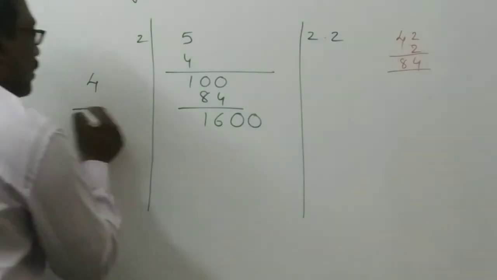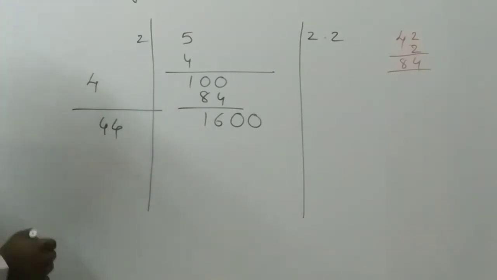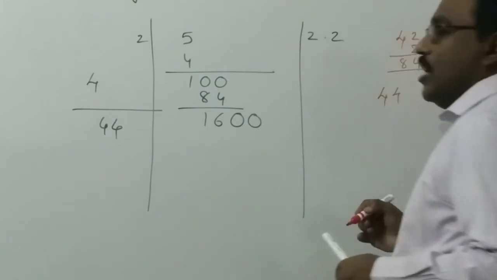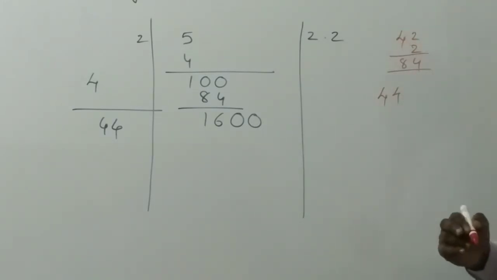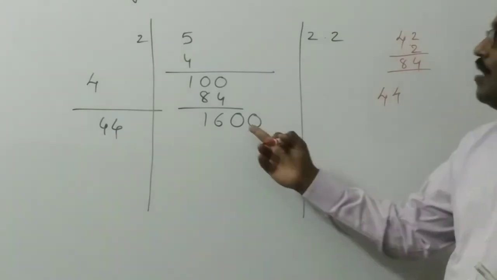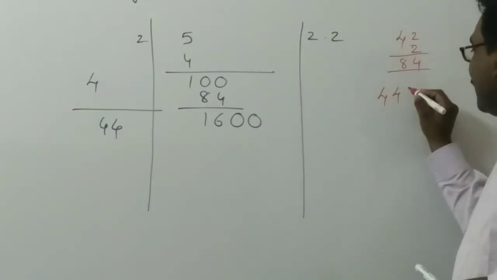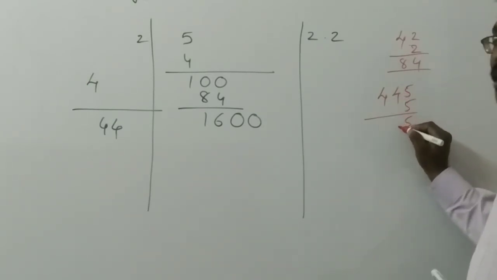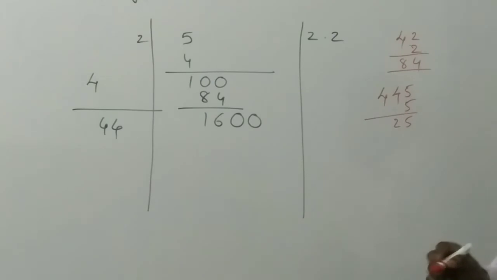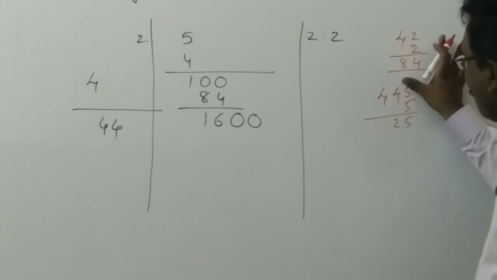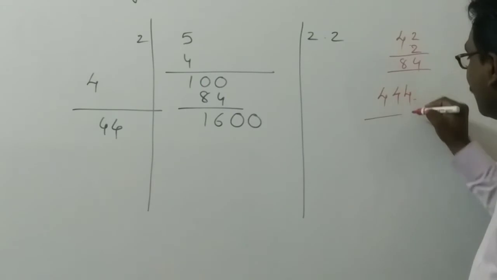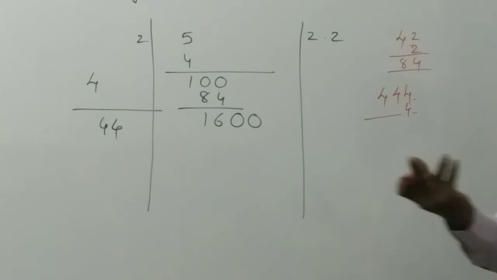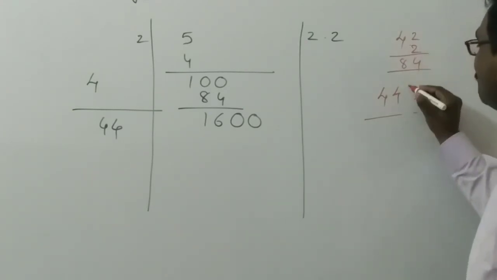2.2. Double it. Good. 4.4. Now 44 came. Now take it to the other hand side. 44. If I take 5, how much will come? Try. 5 5s are 25. 5 4s are 20 plus 2, 22. It is becoming more. Suppose I take 4. 4 4s are 16, 16 plus 1, 17. Becoming more. So, how much is better?